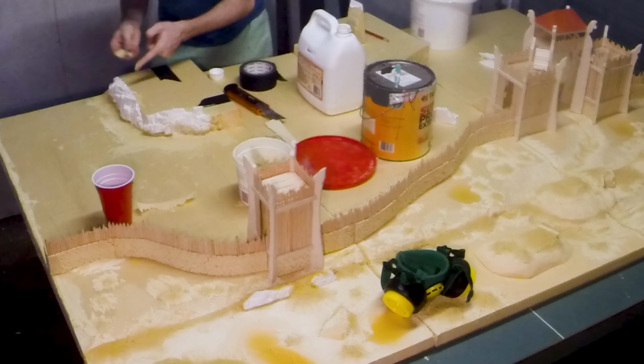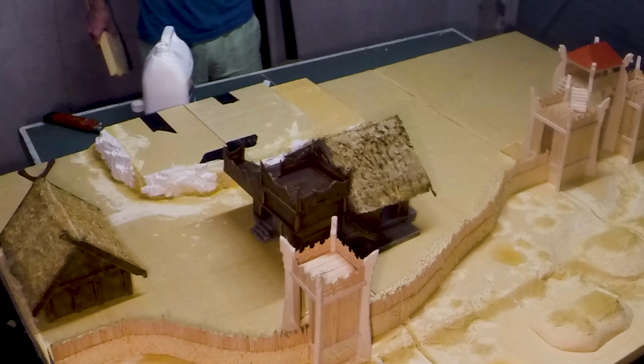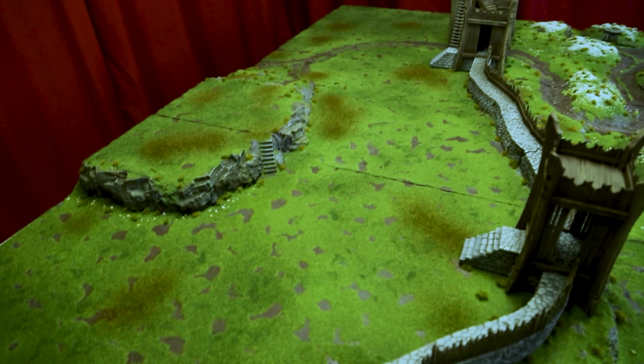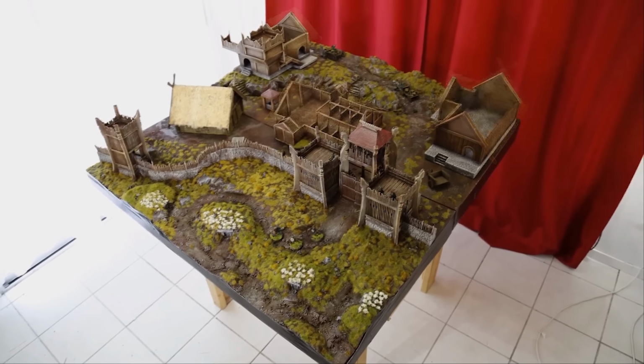The final part of the detailing was to add some plaster rock molds and shape the rocky escarpments at the rear of the board, and then the game board is done for now, and we need to work on all of our scatter terrain. When I built Edoras the first time around, some of the buildings were way too large,